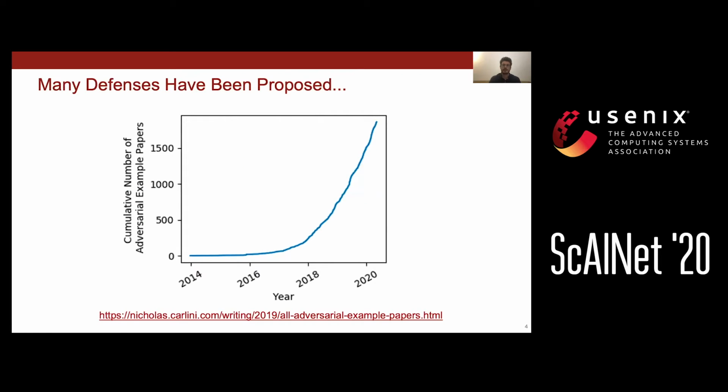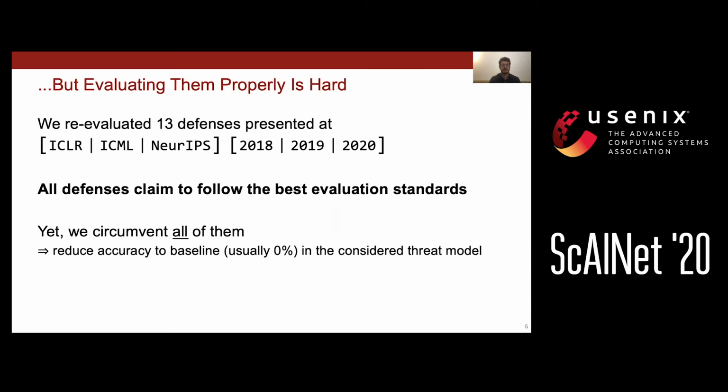And building models that are robust to adversarial examples is a very challenging problem, and many people have tried to solve it. Actually, the number of papers on this topic has really exploded over the past 2 years, and on average, I'd say there's probably one new defense paper published on arXiv every day at this point. But the field is being held back by a difficulty to properly evaluate these defenses.